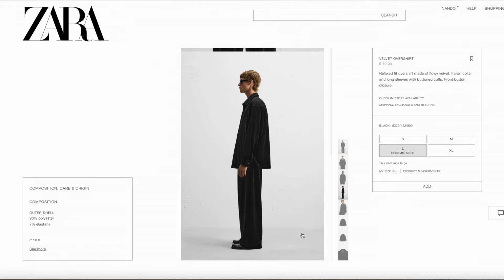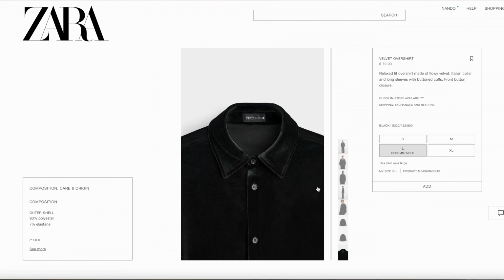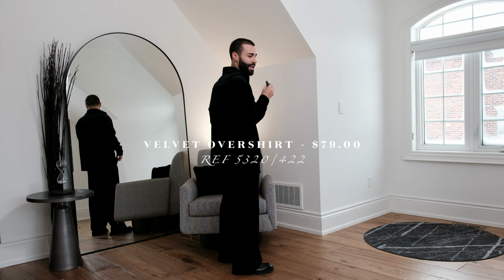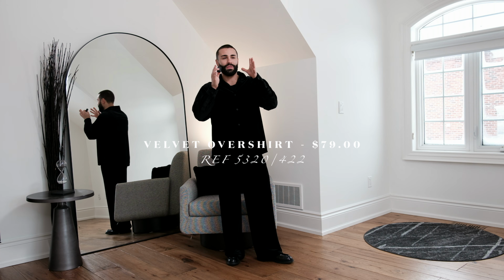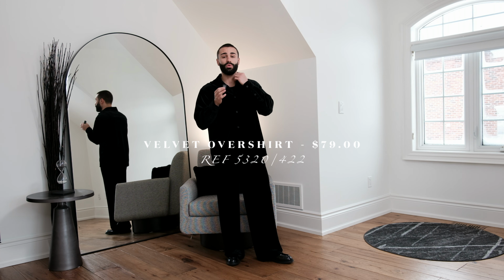They tried to add that touch of detail around the pant area. The shirt is pretty cool. I'm not gonna lie, it is poking out at the back just a little bit. As I mentioned before in the previous outfit, I feel like it makes it look less expensive when it does do that. So if you got this tailored to your body specifically, I feel like you can make this outfit look really cool if you pair it up with a